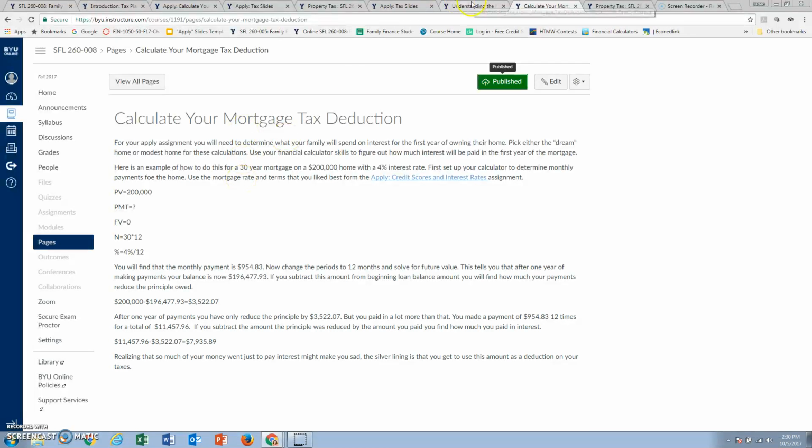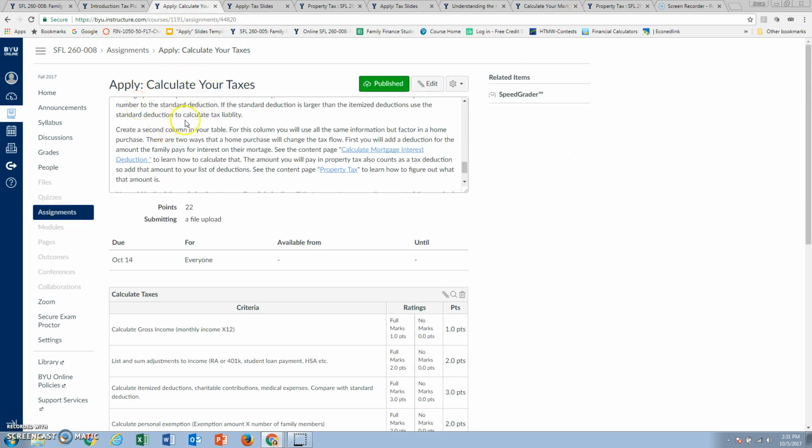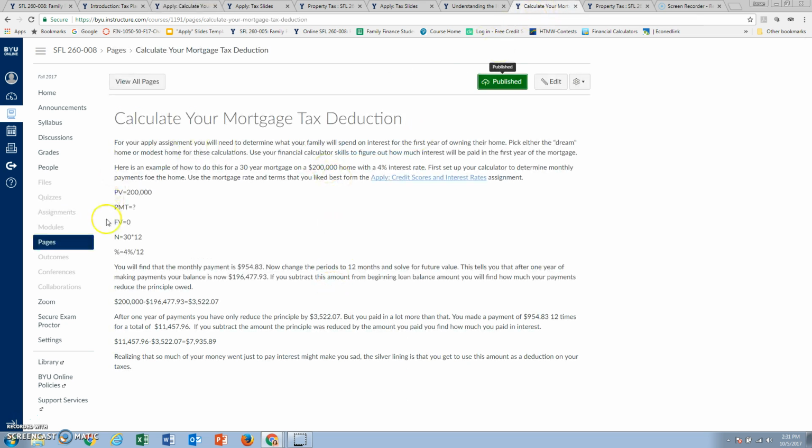your case study. So the first thing that you need to do in order to calculate your mortgage tax deduction, you have to figure out how much the family paid in interest in the first year of owning their home. So that's the assumption we're going to make for this assignment, that this is year one of the home purchase. So if you walk through this, it will give you some steps to take, and hopefully this is a skill that you've been developing from the other work that you've been doing on your financial calculator. But I have provided an example here for you so that you can understand how it will